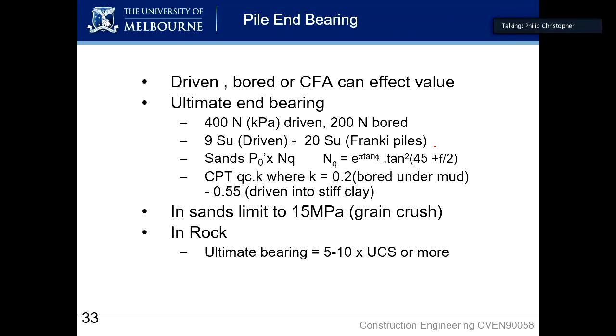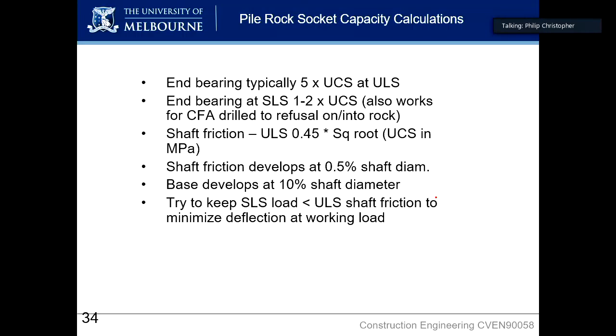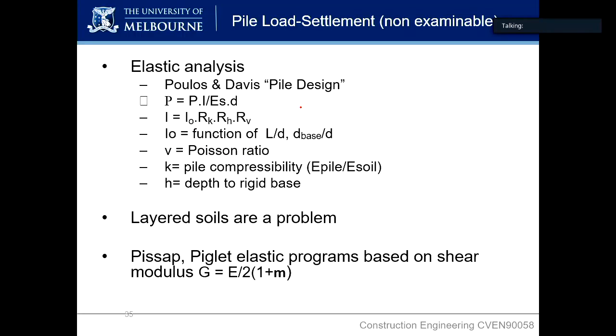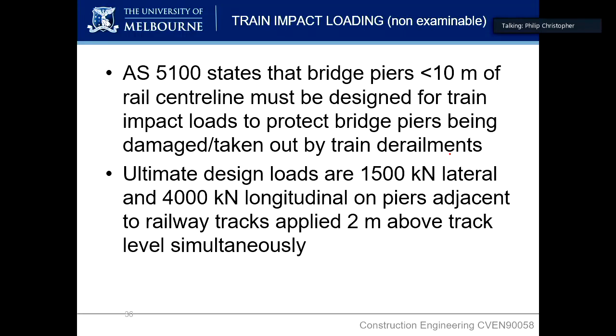So end bearing, in rock, I think we've specified 5 times the UCS. There's some other formulas there for you if you're working in other materials or other things for future reference. Socket capacity, here it is here, shaft friction, 0.45 times the square root of the UCS. Pretty simple. So pile load settlement, this is here for your reference again and is not examinable in the subject or the task. But for a comprehensive reference sheet, I'll put it in here for you,